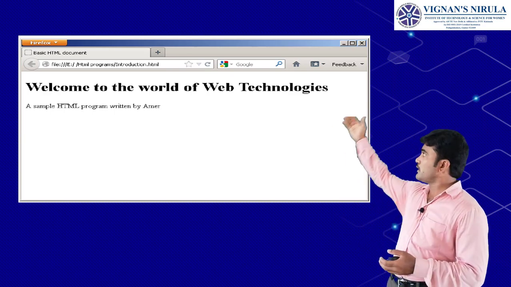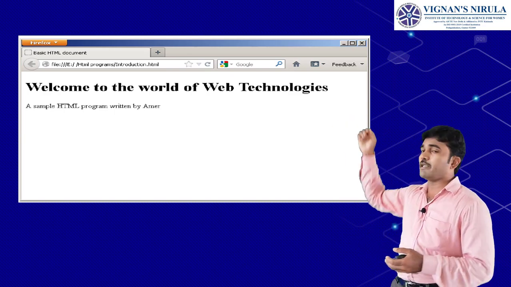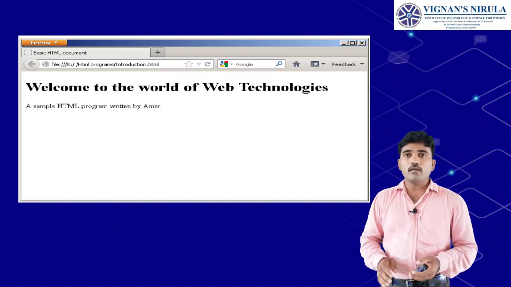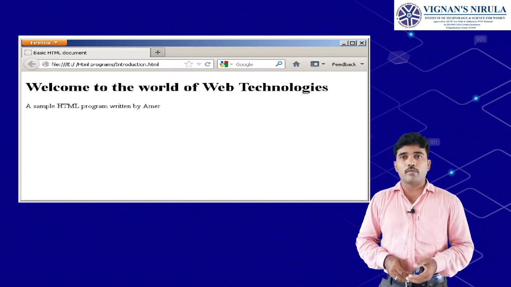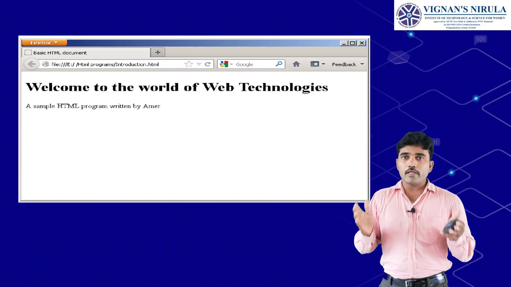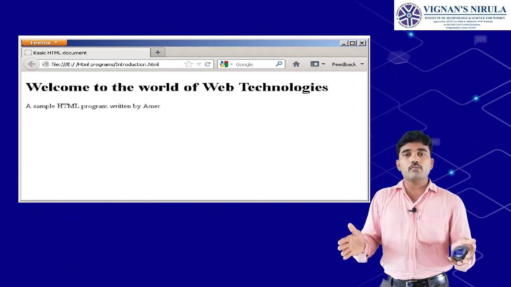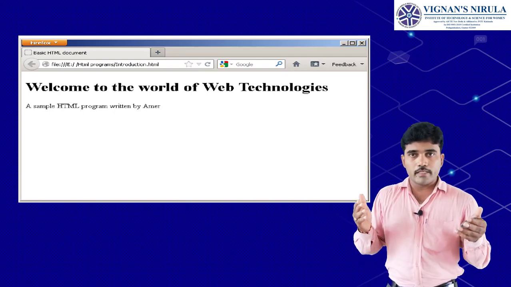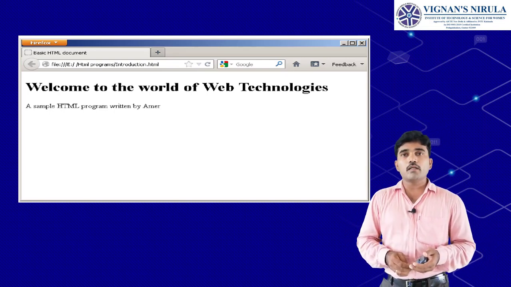And if you observe the top edge, the title is displayed there. The title that we have written is "a basic HTML document" in our document. Understand? That is a sample HTML document. How you are going to create a web document, how you are going to save it, and how you are going to display the content is nothing but